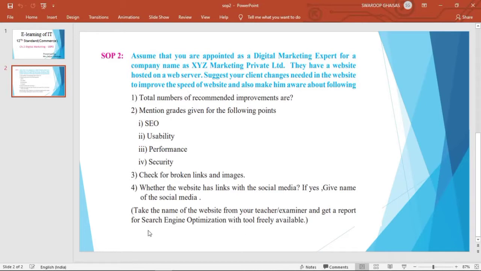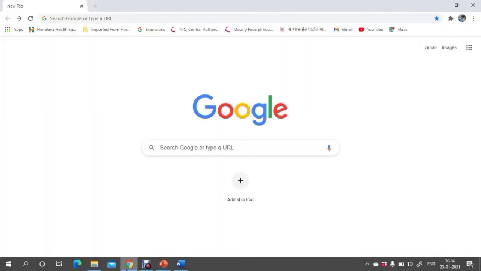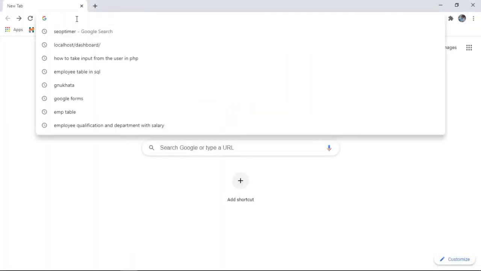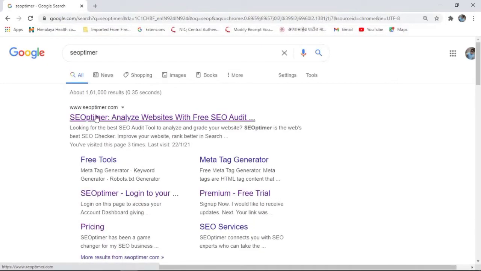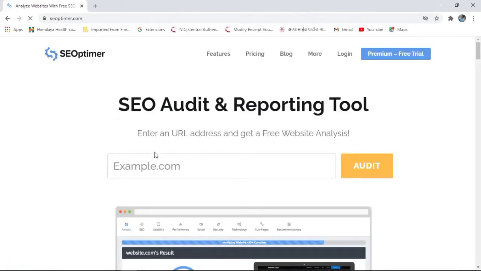Let us open SEO Optimer. Open the browser and type here SEO Optimer. The first link is www.seoptimer.com. Click on that link and type the name of the site you want to perform the SEO audit on. Suppose www.infosys.com.